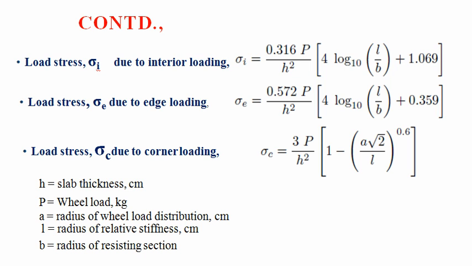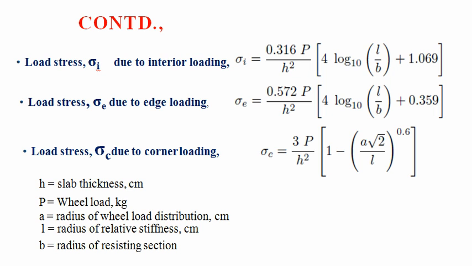And lastly, the load stress sigma C due to the corner loading is equal to 3P upon H square multiplied by 1 minus, in brackets, A root 2 upon L raised to 0.6, wherein